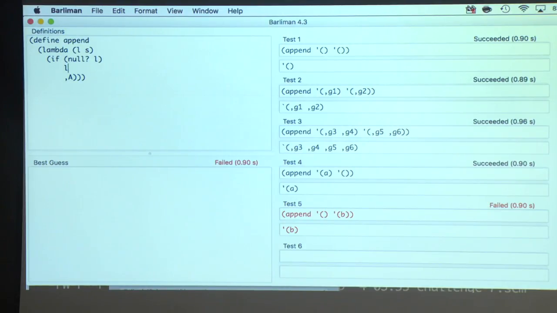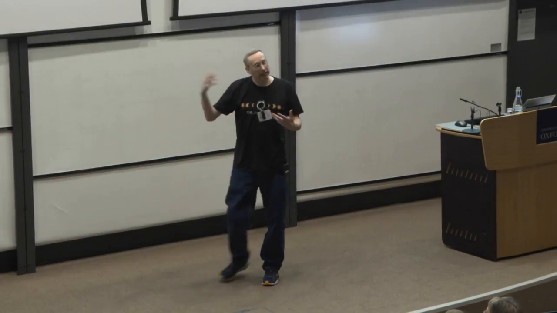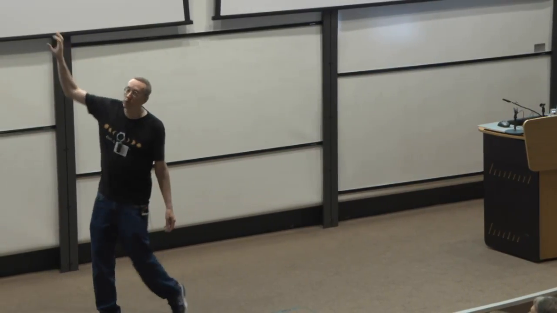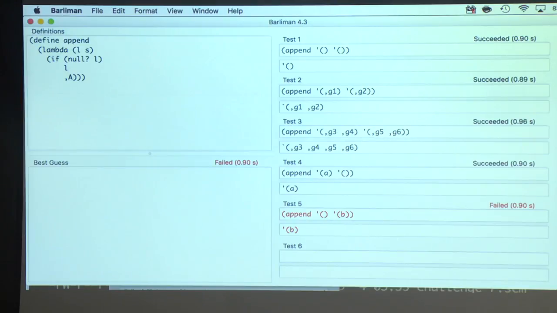So the cool thing to me is that we weren't building a program synthesis tool. We just sort of get this for free, although we have to do some optimizations, some pretty significant optimizations to make this technology work, and we're still trying to improve that.